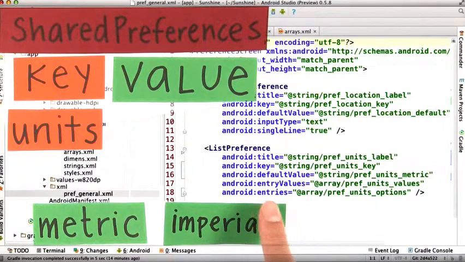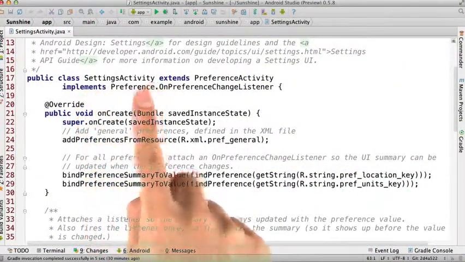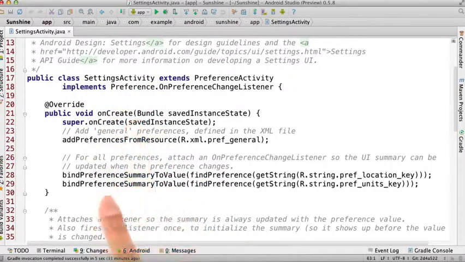So we need to create entries, which is an array of user visible strings that maps to each one of these possible values. To have the temperature unit preference show up in the settings activity, we modify the onCreate method. We add this line of code for the temperature unit setting. When the user makes a selection in the dialog, we set the preference summary to be the new value of